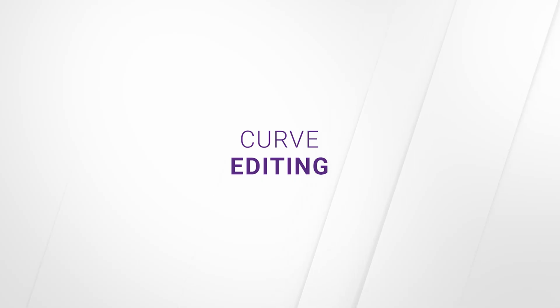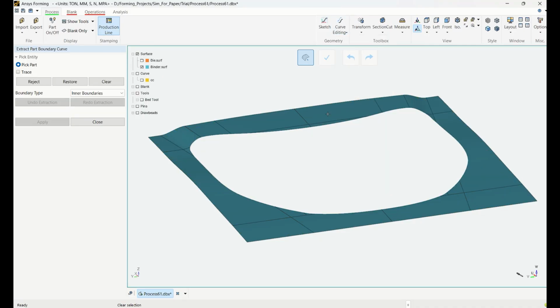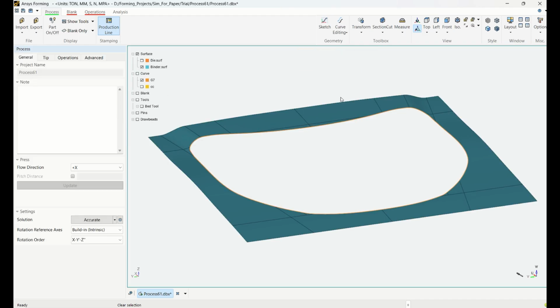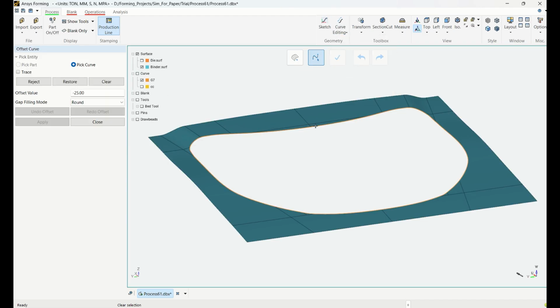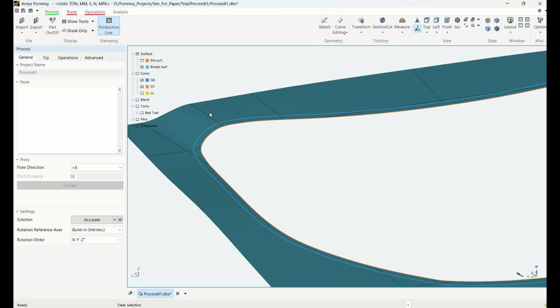Ansys Forming 2026 R1 introduces a new suite of sketching tools that make curve creation faster and more intuitive. You can draw and edit curves directly in the interface, with dynamic dragging for quick adjustments. Sketch sections can be trimmed instantly, and dimension or constraints can be applied as you work, giving you precise control